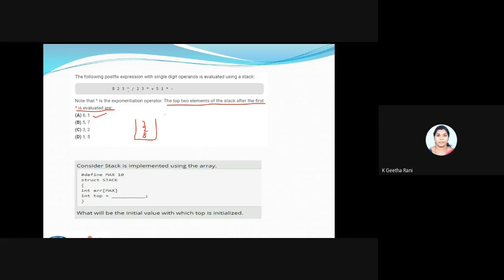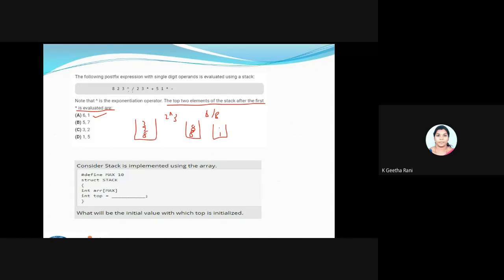So it's going to be 2 exponent 3. The value will be 8. Again inside my stack I'll be having 8, pushing the result inside the stack. Now the operator will be slash. So now what happens? 8/8 gives me answer 1. So then the stack will be having 1 as the answer.